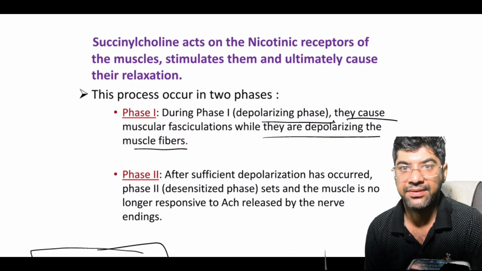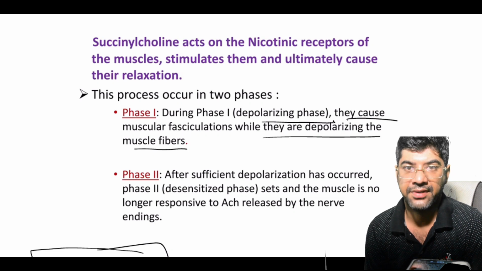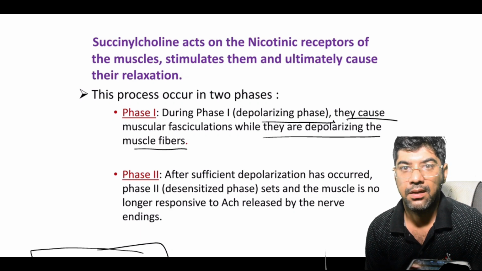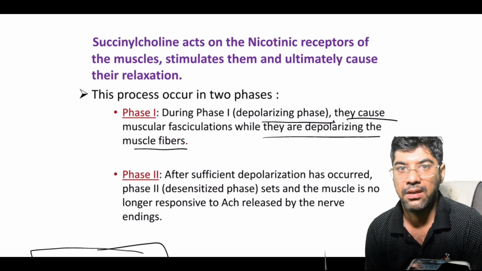The depolarizing blockers like succinylcholine first cause muscle fasciculation twitches that last a few seconds. These are not noticeable in a well anesthetized patient. After fasciculation, flaccid paralysis occurs rapidly. Apnea can occur within 45 to 90 seconds and it can last for 2 to 5 minutes. So why are the muscle fasciculations not prominent in a well anesthetized patient when using depolarizing blockers? Because the patients are deeply anesthetized, making the muscle fibers less noticeable.